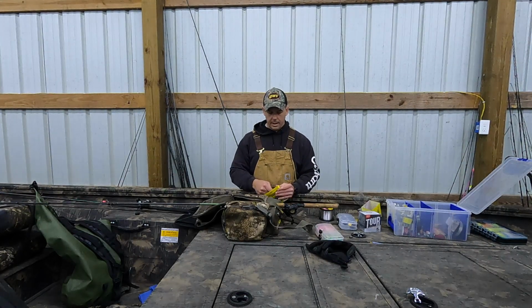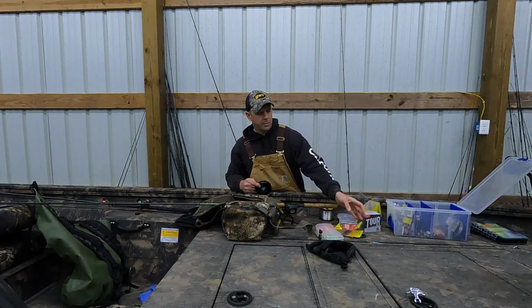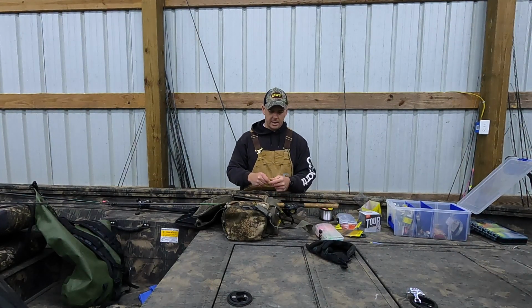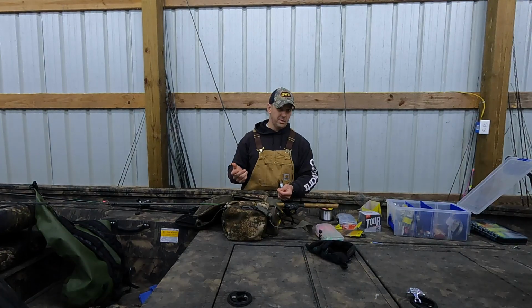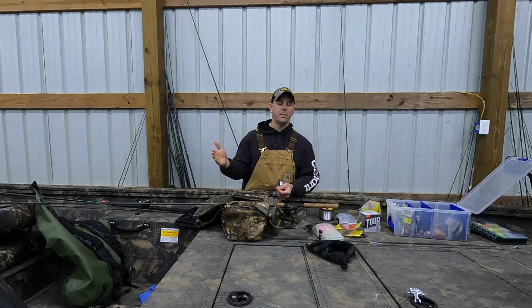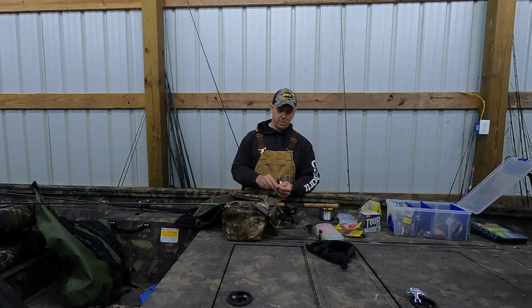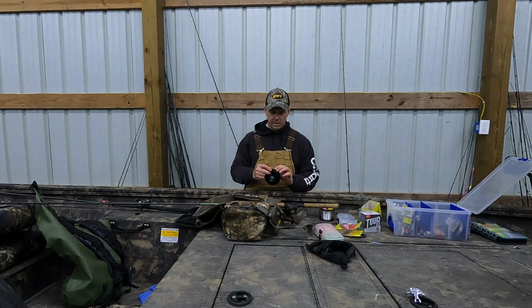And I like to run it a little bit longer. Whenever we're doing the Carolina rig style, most of the time we don't get any longer than 3 foot, because that bait has to catch up to that 3 foot to where the sinker is, where that bullet weight is. But with the way that we do this here,